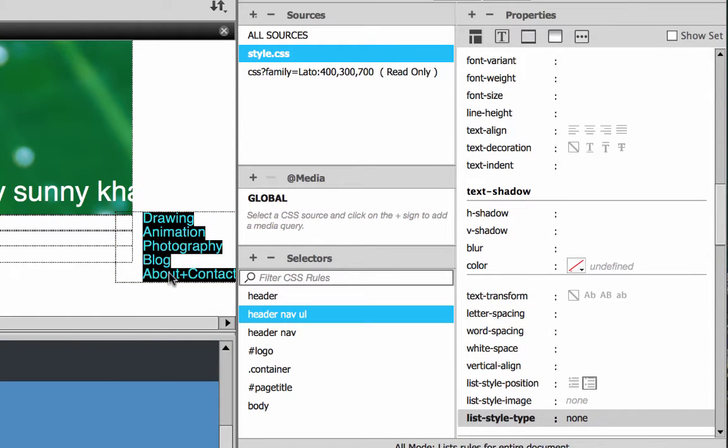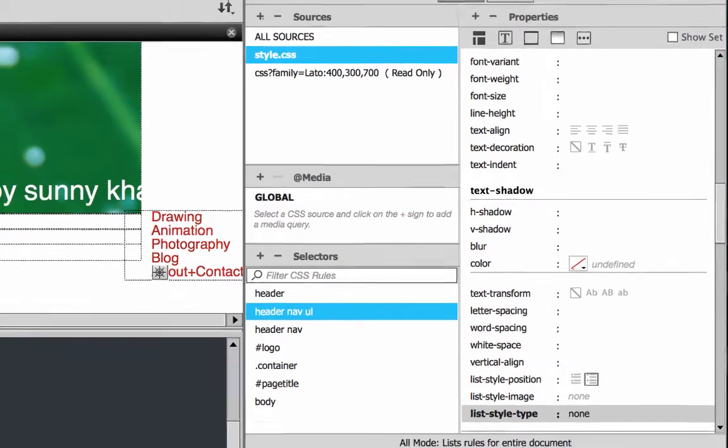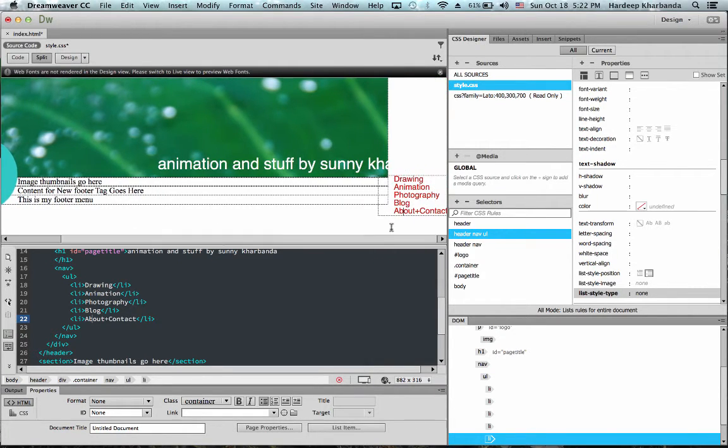And the next thing is, I want each of these list items to appear in a straight line. Now we know one way to do that. In our header, we used float to stack things up in a line whether it's on the left side or on the right side. So within the list, we can use the float property to make all of these list items stack up in one straight line. And the way to do that is to style the li tag. Right now we're styling the ul tag, which is the complete list. We want to style each list item and tell them to line up on the right side.